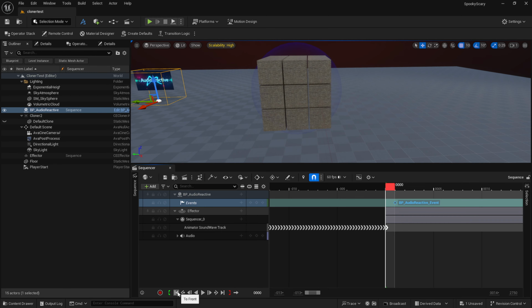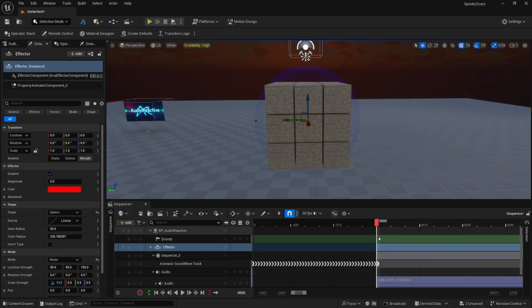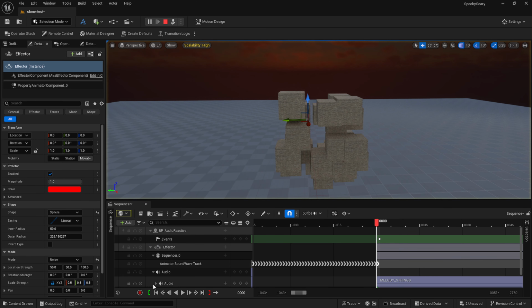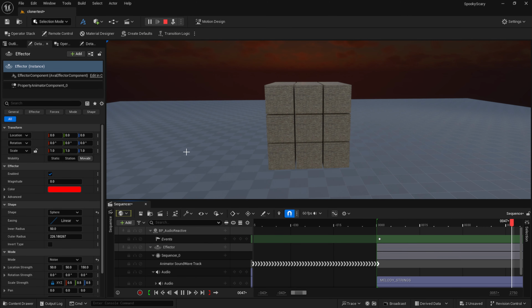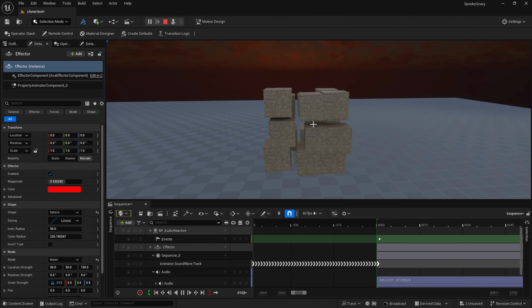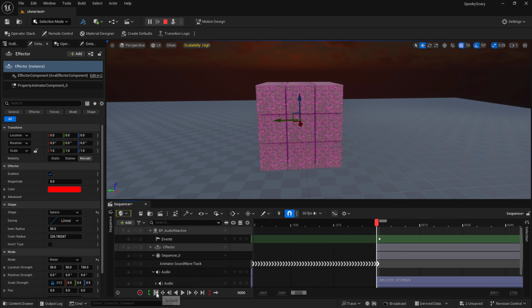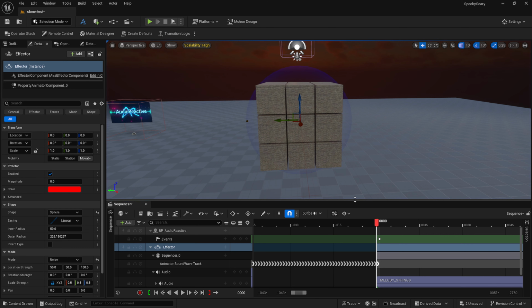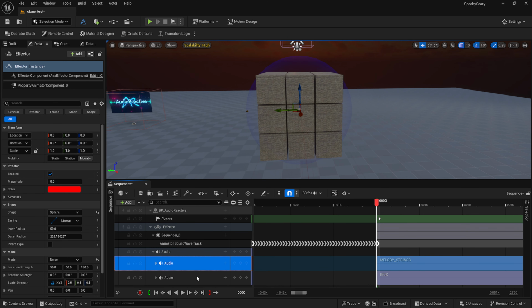Now let's go back to frame 0 and see if this all works. Alright, so let's simulate and play my timeline. There's my strings. Oh, and I hear 2 kick drums. So that's a problem. Let's go ahead and stop this. See how I still have simulate going? So we hear my blueprint playing and it's going on top of the timeline stuff down here.